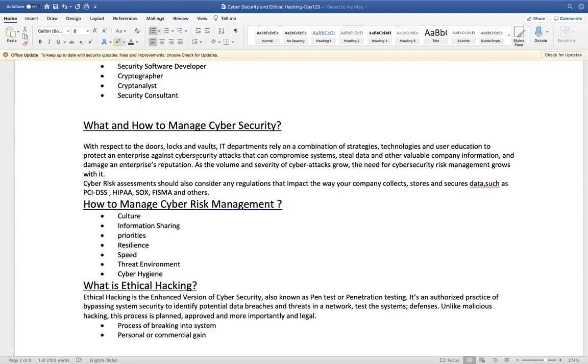Securing cyber security is one part, and handling risk management is a different part. If you are a cyber security manager, managing cybersecurity and handling risk management, then you are very strong in the ethical hacking field. And cyber risk management assessment should also consider any regulations that impact the way your company collects, stores, and